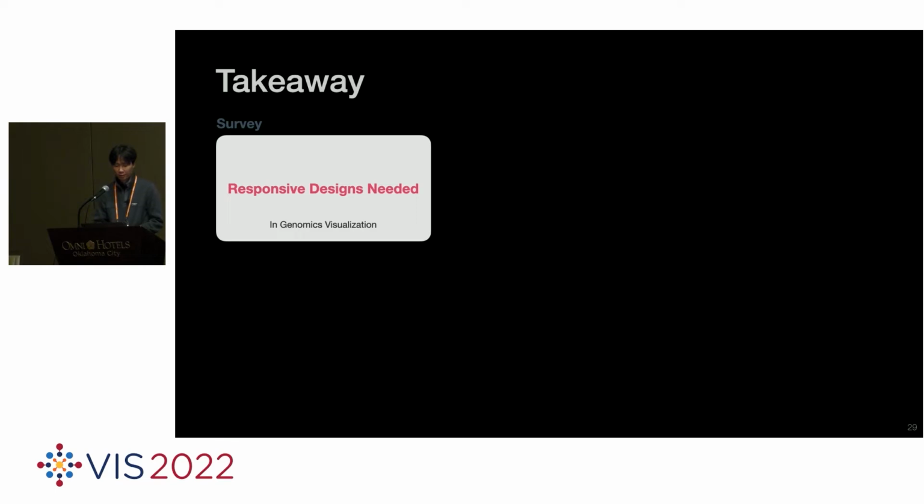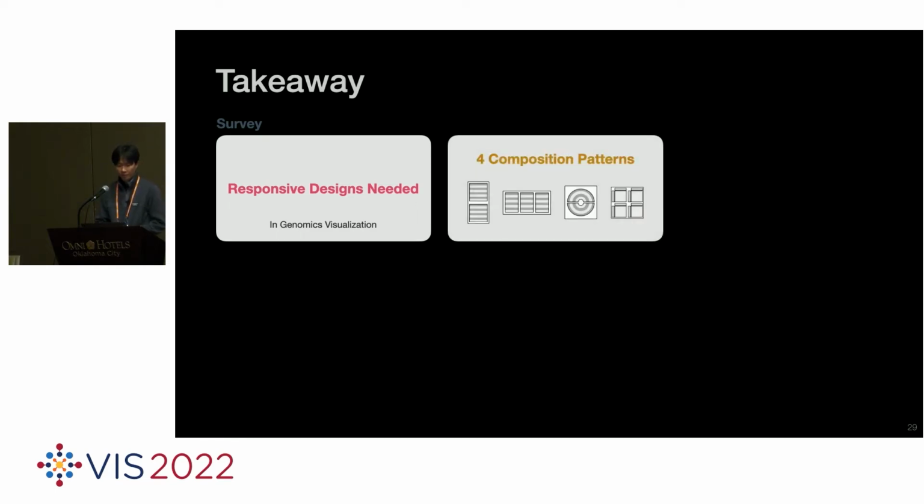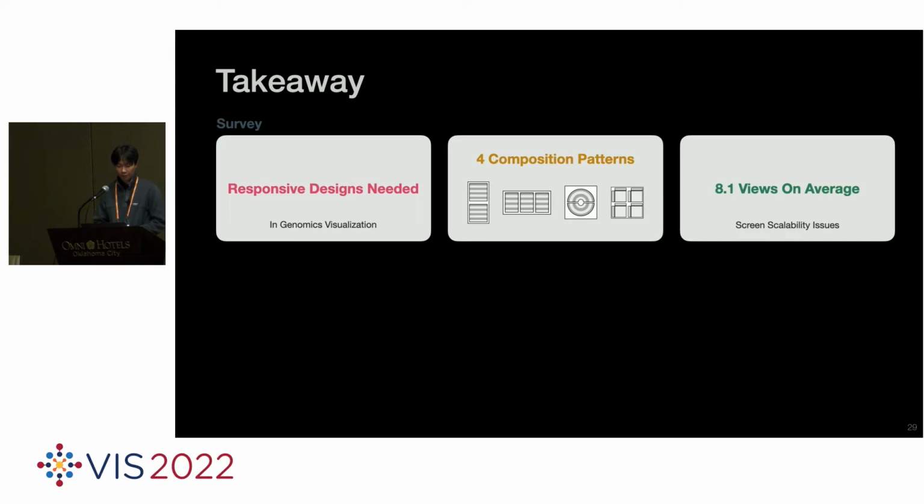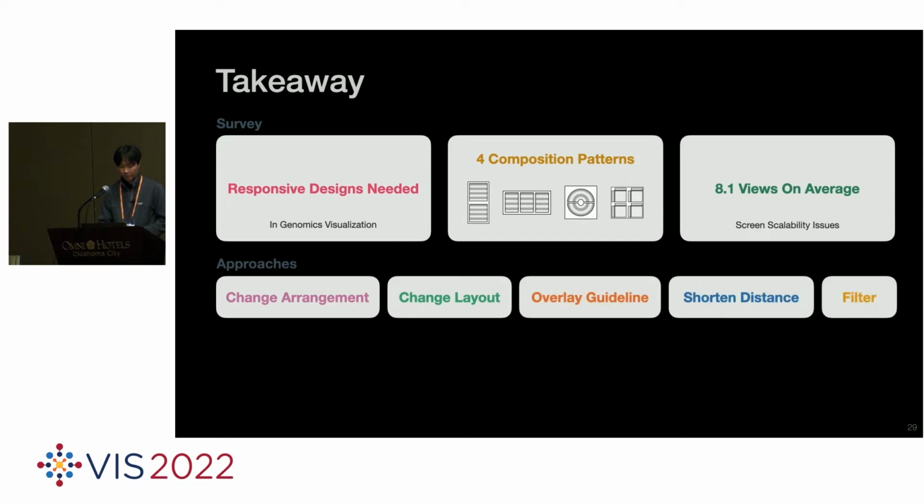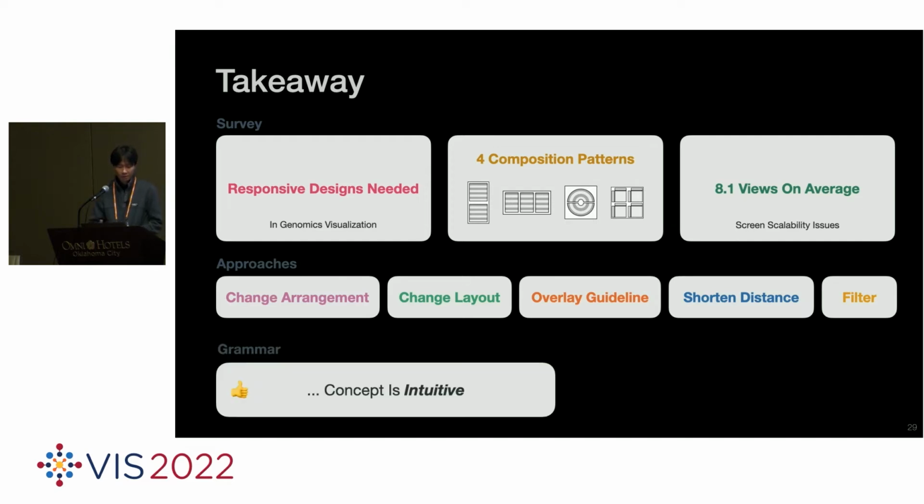In summary, our survey revealed that we need more genomics visualization that support responsive designs. We found 4 typical view composition patterns which can be used as a composition taxonomy, and many views are used at once in genomics visualization, which makes the support of responsive visualization really important, but at the same time challenging. As responsive designs, we identified 5 high-level approaches based on literature review,